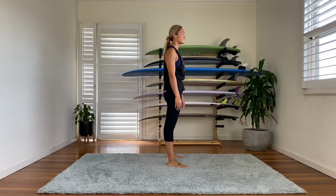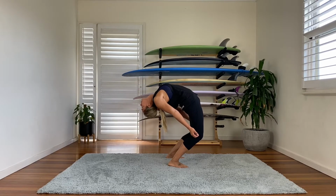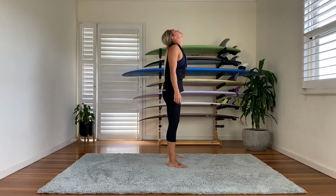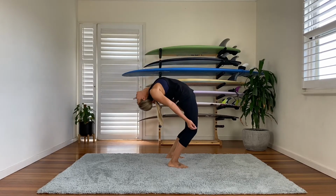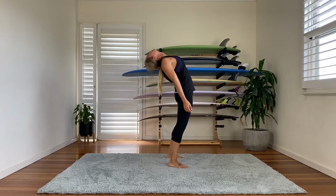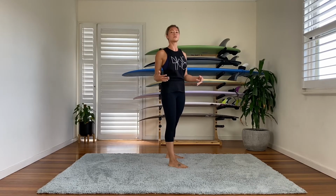Take a few breaths. And here we go for number 3. Rolling up. Again, take a few breaths. Number 4. Take a few breaths, and on the last one, we're going to try to hold in our end range for